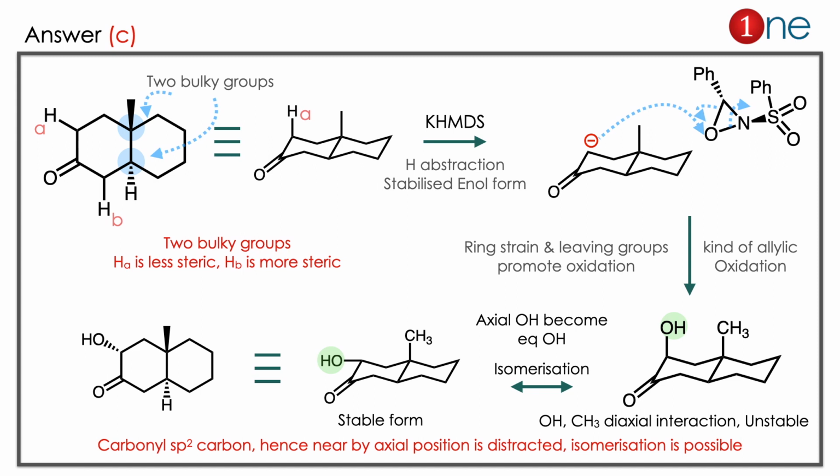You can draw it as enol formation because you are using the silyl there. The silyl stabilizes the enol form. That way also you can write the reaction. Here I wrote it like proton abstraction. So the anion is formed, it attacks the ring, and the ring has a good leaving group, so only O will be transferred to the system. It's a kind of allylic oxidation that occurred there. The O comes with the ring, and the other groups leave as cyanide and sulfur compounds.